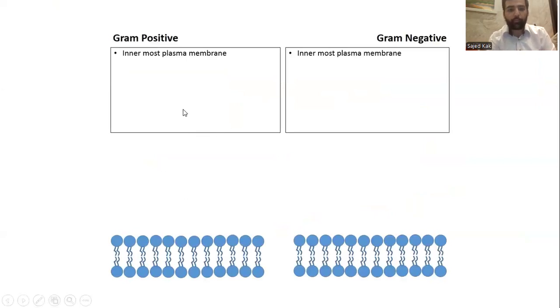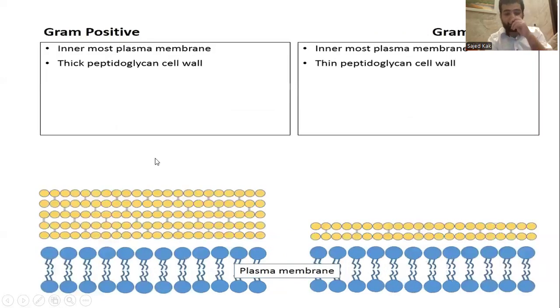Let's begin with the inner membrane. Both gram-positive and gram-negative bacteria have an inner membrane. This is how the phospholipid bilayer looks, with hydrophilic heads and hydrophobic tails. So it's selective. It doesn't allow any foreign molecules to cross through it. Next, the peptidoglycan. It's a repetitive disaccharide sugar, as you can see. There is a thick layer here, made up of like 5 layers in gram-positive bacteria, while in gram-negative bacteria, it's